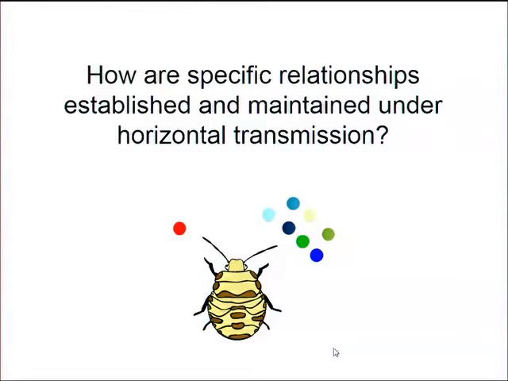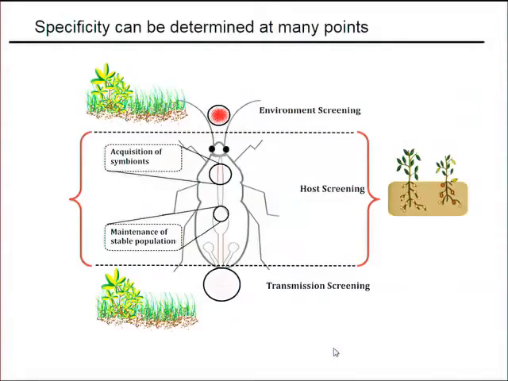So I'm really interested in how specificity between host and microbe is established and determined in these horizontal associations where you have basically all the bacteria in the environment to choose from. And I'm going to talk to you today about some stink bugs, and I'm going to follow this general overview of horizontal transmission. And this is pretty much taken from some models in squid vibrio,